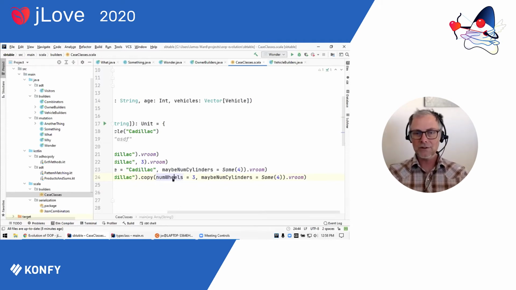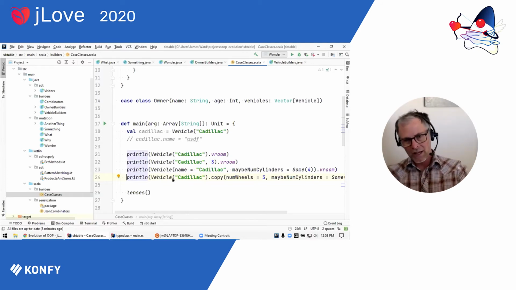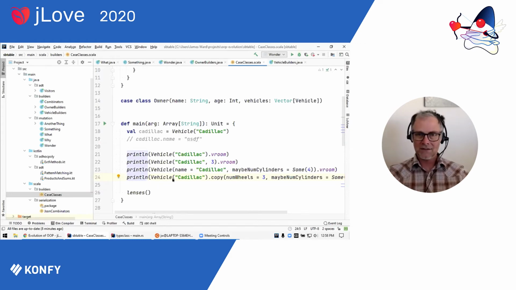But when we do get into those trees of objects, there are some challenges with how we go down into a nested structure and make a copy of something deep in the nested structure and return the new outermost structure with just that one mutation that was down in the tree. That still can be challenging with immutable objects, even with these constructor named parameters and default values and the copy methods. So there is a new pattern emerging, and this hasn't quite propagated into the next phase of that evolution where this is well supported and we all agree on a solution yet,